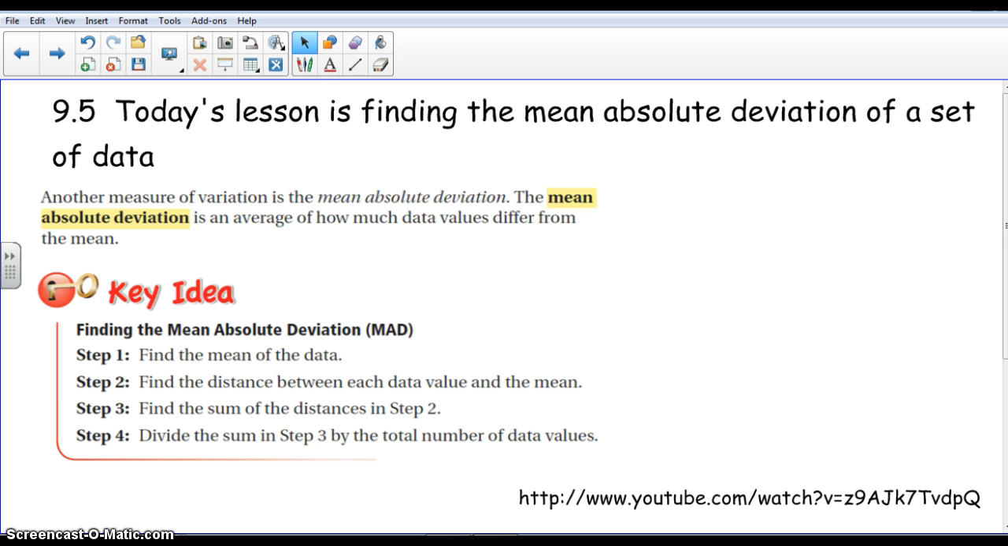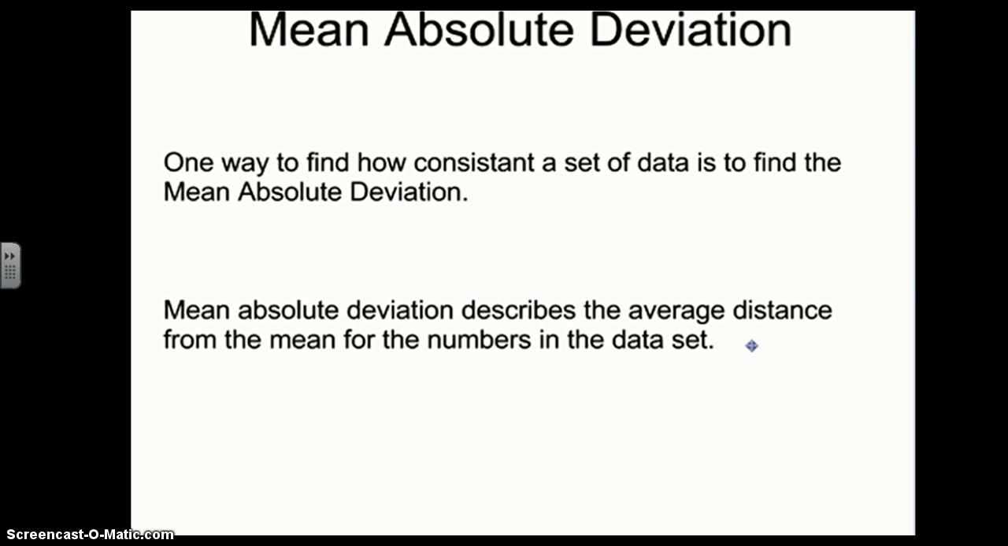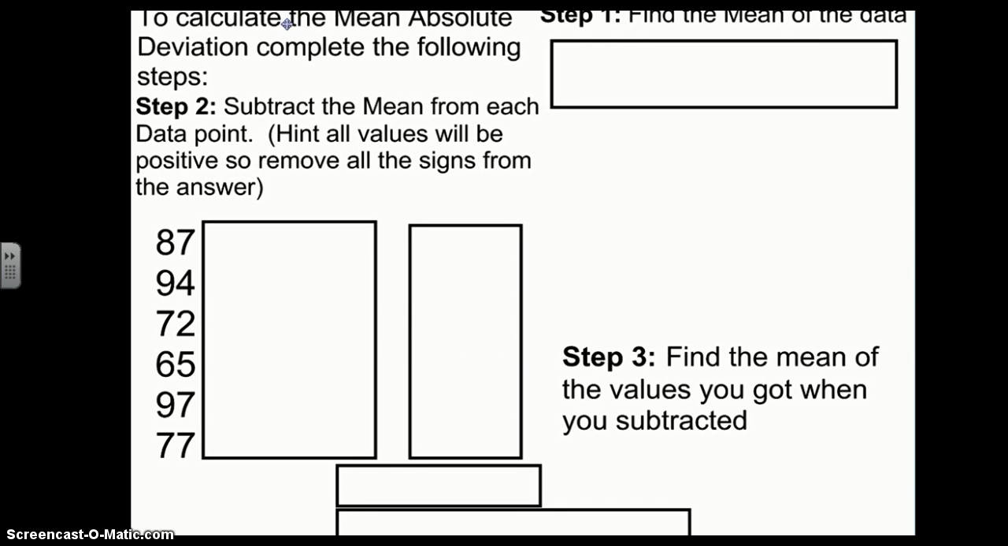Please record all the information on this page into your spiral notebook and come on back. Absolute deviation describes the average distance from the mean for the numbers in the data set. This is just one of two methods. The other method you can use to find this is standard deviation, which is the more common use. To find mean absolute deviation, the first step is to find the mean of the